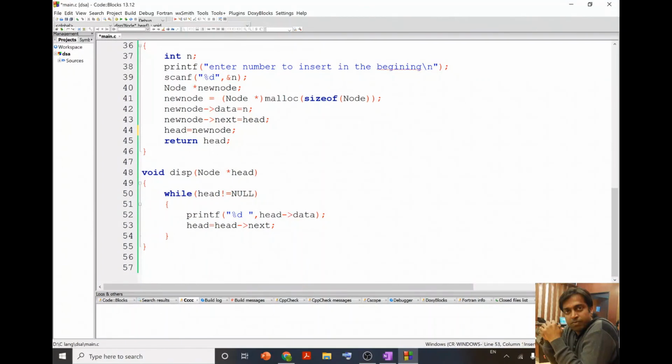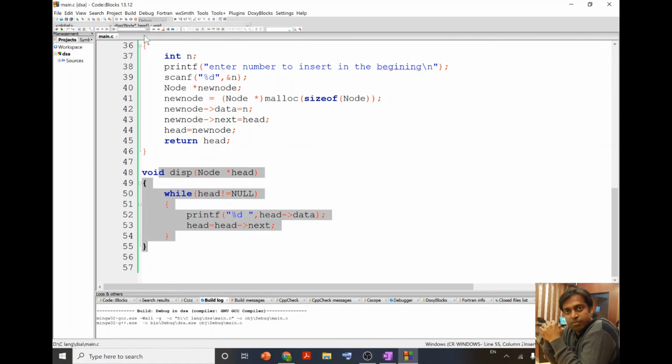So when we come inside the while loop, first we are going to print the data that is there in the node, and then we are going to go to the next node. When we reach the last node, it must be having the next pointer as null, so I will stop over there. In this way we will be able to insert a new node at the beginning, and we will be able to display the information of the whole linked list. Now let me run this program to show how it displays the details.